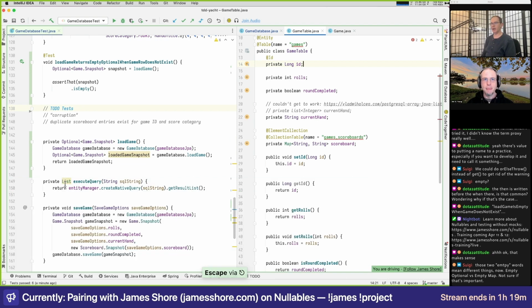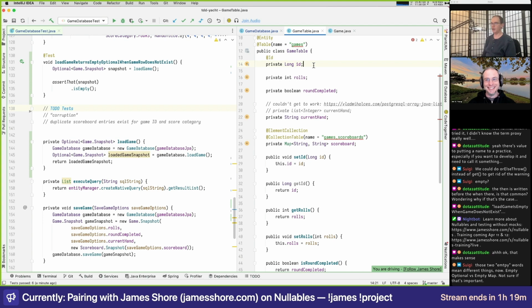So I think that leaves us with the only possible data corruption here being that we've got multiple rows with the same game ID and score category. I can't think of anything else. Can you? I'm trying to figure out how that would happen either.